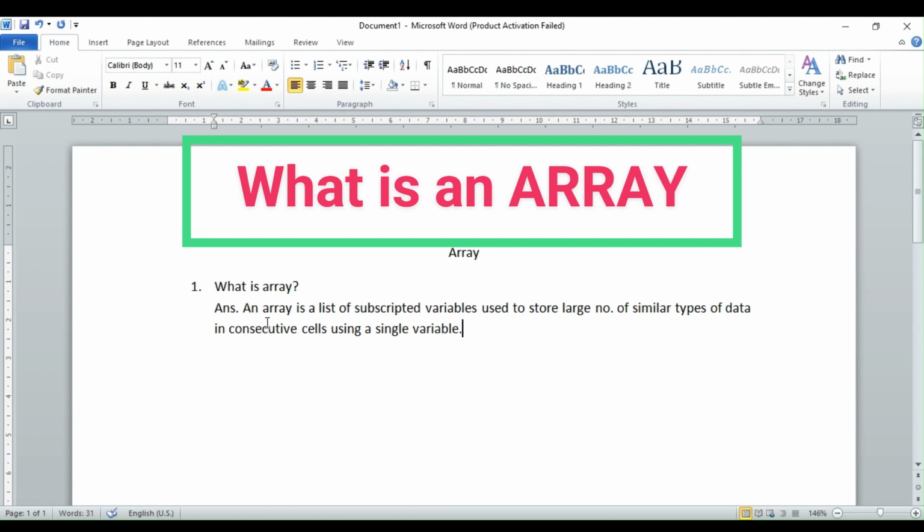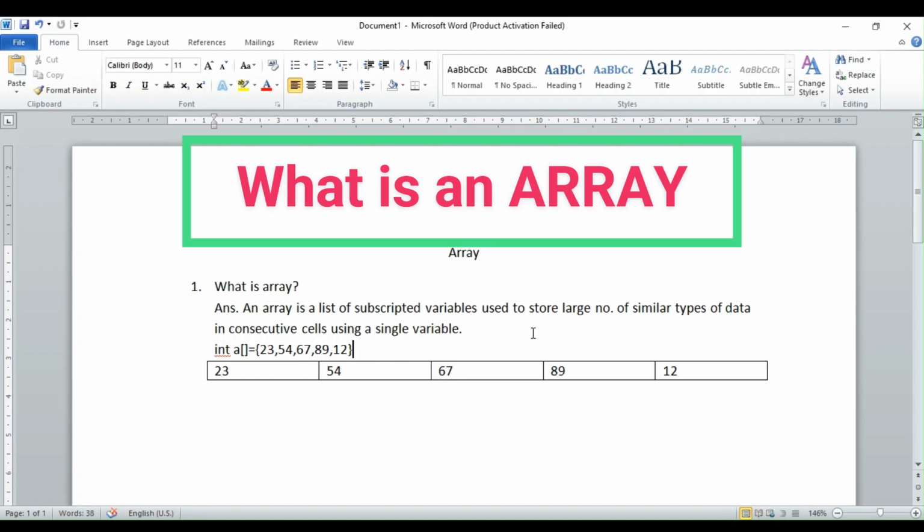Now, what is an array? An array is a list of subscripted variables used to store a large number of similar types of data in consecutive cells using a single variable. If you write int a = {23, 54, 67, 89, 12}, this is the initialization of the array.